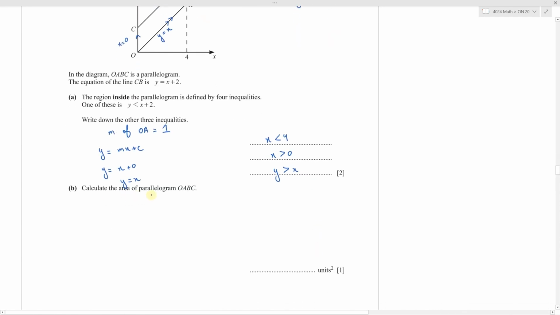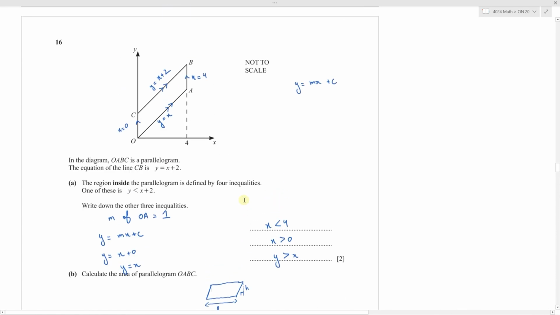Part B is calculate the area of parallelogram OABC. So if you have a parallelogram like this, the area is given by this length, let's call it L, multiplied by the perpendicular height. So this height H, not this slanting height, but the perpendicular height H. So if we look at this parallelogram